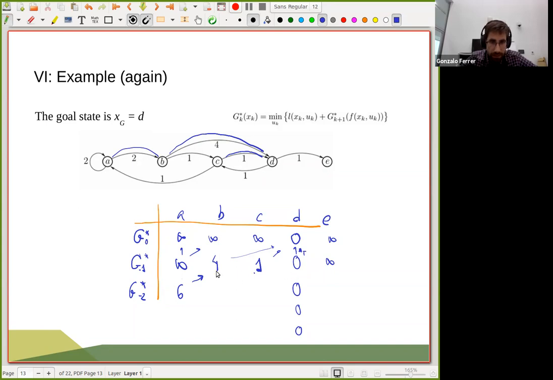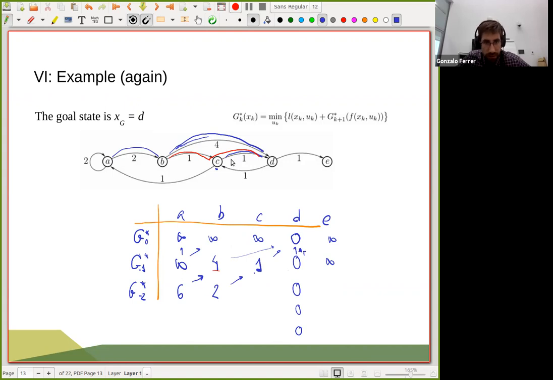So take a look at this. Before, the cost was 4. If we change slightly the length, this is going to be length 1. But if we look for a length 2 trajectory, it's going to be 1 plus 1, right? So 1 of this edge plus 1 of the optimal cost to go at C. So it's going to be 2. Okay, we could be analyzing the same thing.